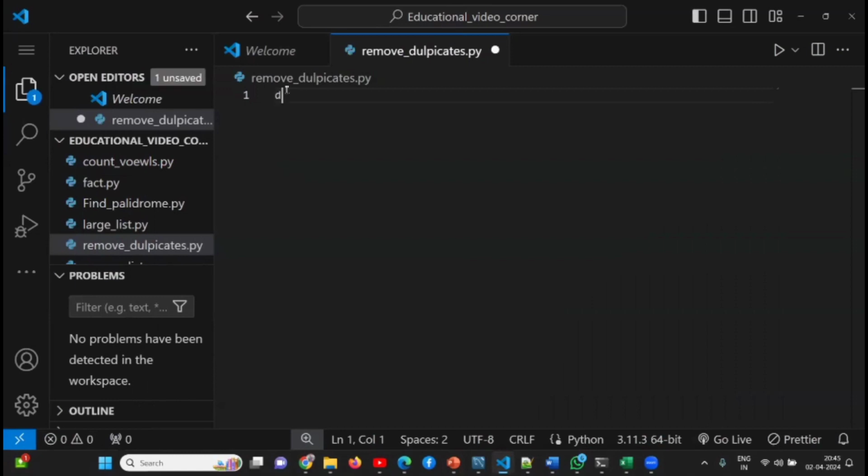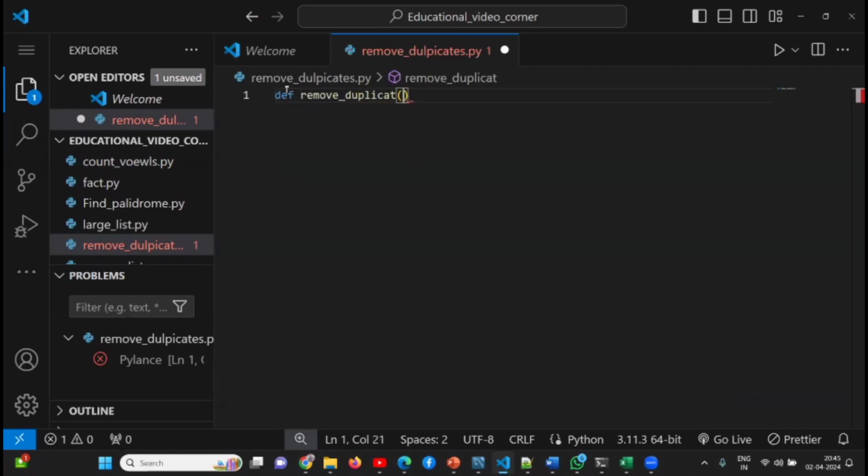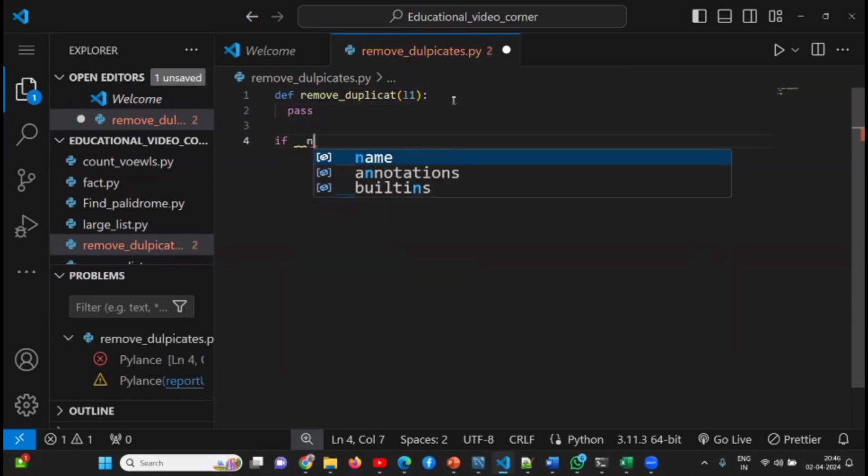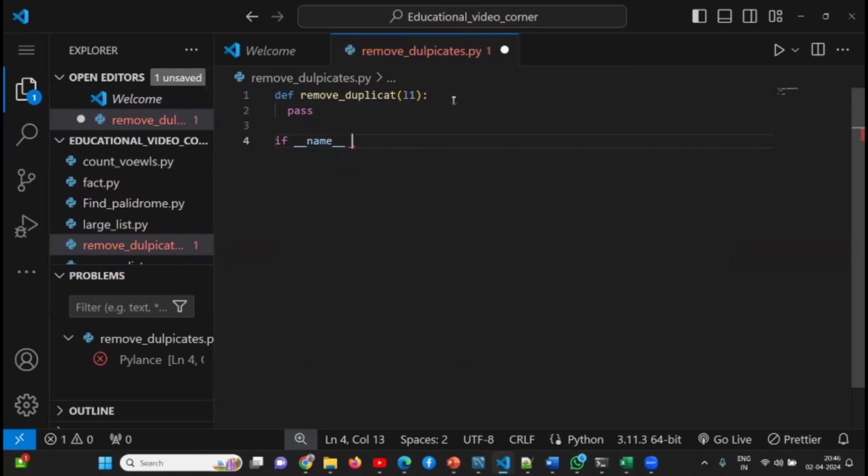So I create one function using the def keyword, and then in this place I mention the function name, remove_duplicates. So remove_duplicates is our function name, and then I pass one argument parameter, list1, L1. Then I write if __name__